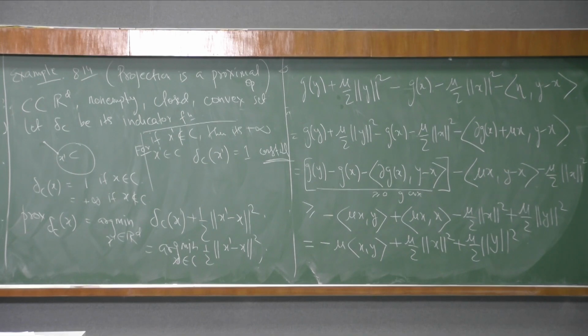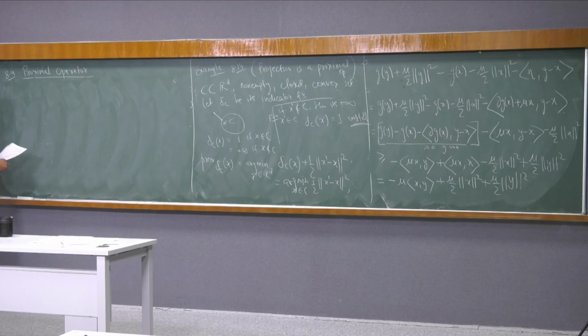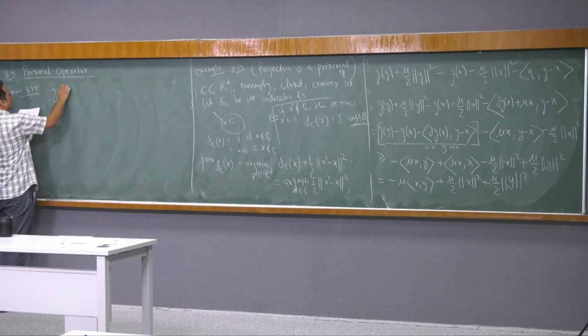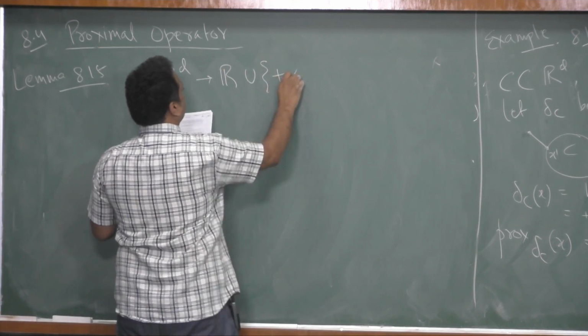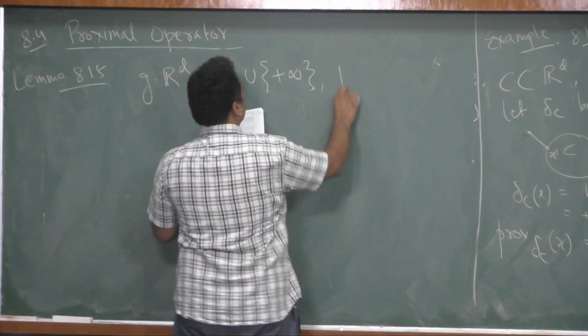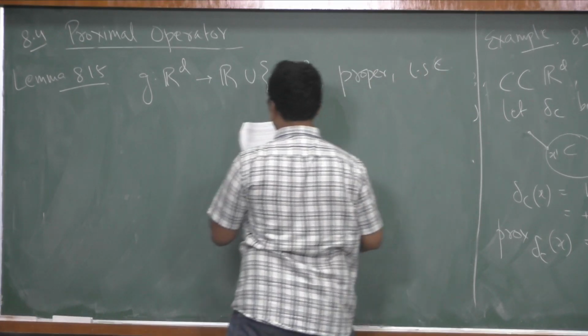So that's an example, and so let us prove some results for the proximal. So lemma 8.15, g from R^d to R union plus infinity, proper, LSC, convex,